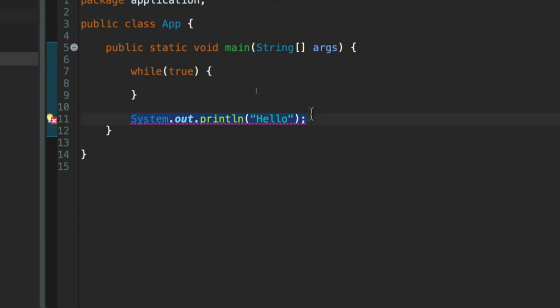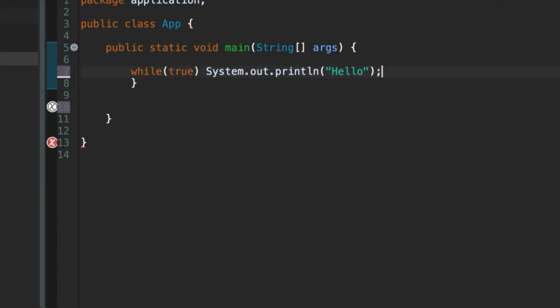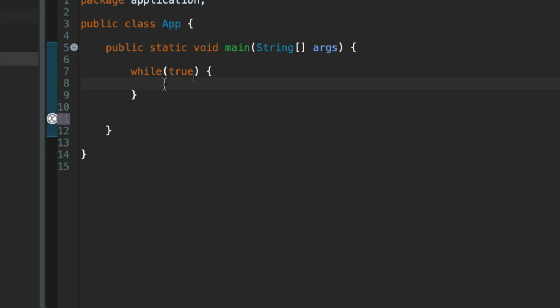Okay, so what I'm going to do here is select this System.out.println hello, and just cut it. So Control X, or Command X on the Mac. And I'm going to paste it between these curly brackets. That didn't go so well. Let me try again. There we go. And just to make sure the formatting's okay, I'm going to run the auto format, Control Shift F. Okay, that removed a few blank lines. So we're saying while true is true, in other words, while forever,